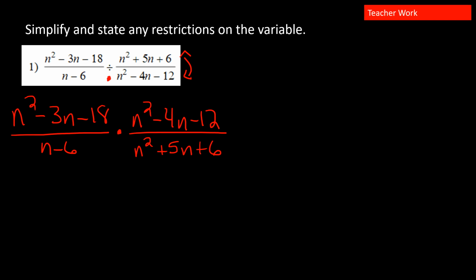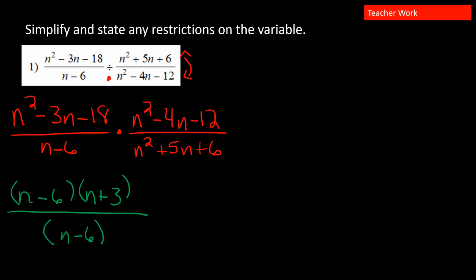So let's get started with this first numerator here. We're going to see, can we split this up into two binomials? I'd have n and n. Two numbers added or subtracted that give us -3, but multiplied give us -18. Well, that would be a -6 and a +3, right? -6 plus 3 is -3. -6 times 3 is -18. All of this over n minus 6 times, and here we have another trinomial that we're going to try breaking